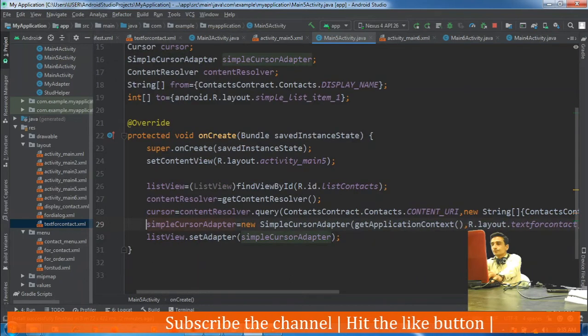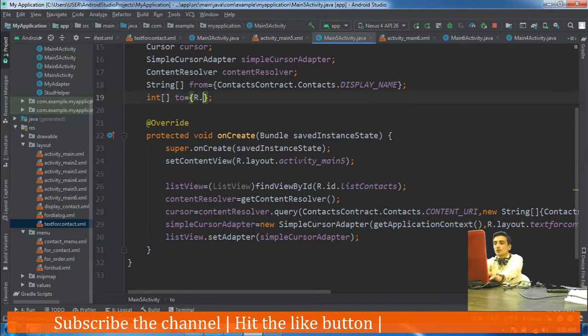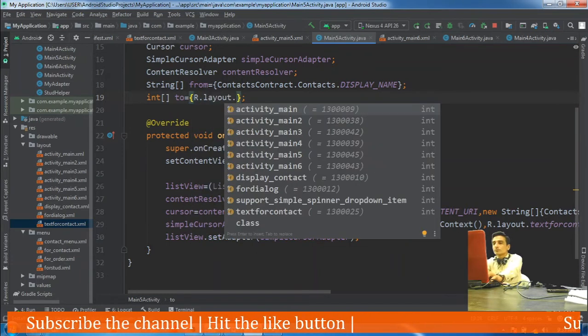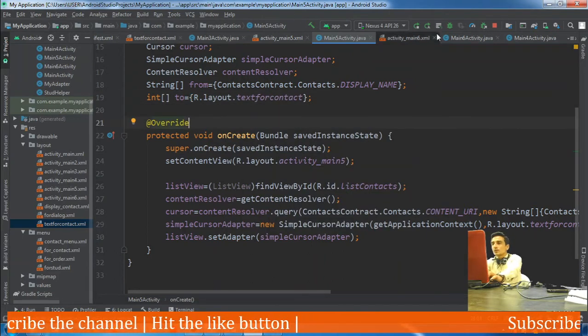Okay, and in the second one also we should write R.layout.text_for_contact. Let's try it.